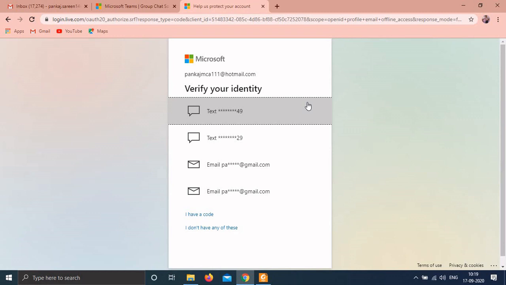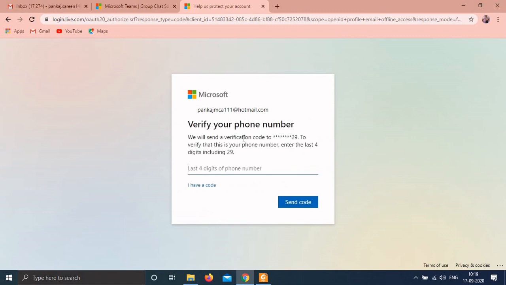So it will ask you to identify your identity. So you can identify.